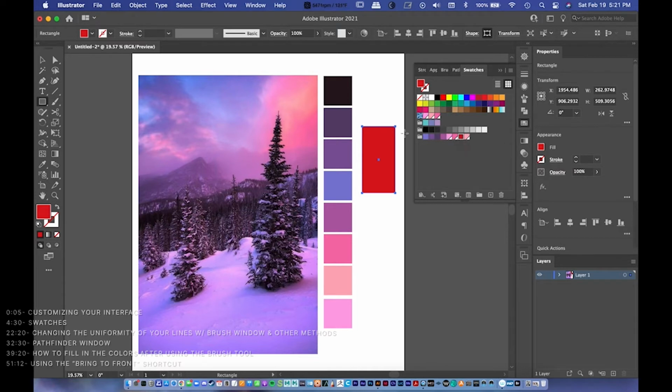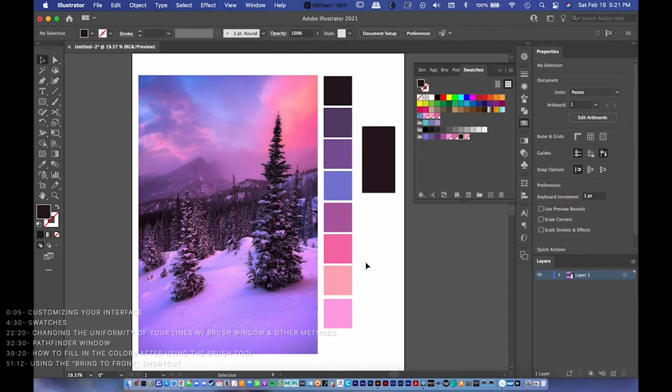So you can really quickly change your whole color palette, even at the very end. And normally that could take a full day, depending on how complex your project is. But the last step that we need to do, and this is super important, is that the swatches don't save